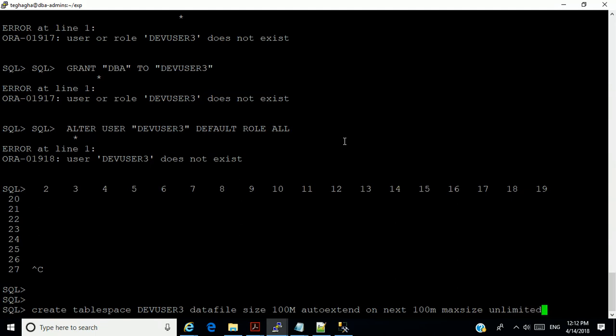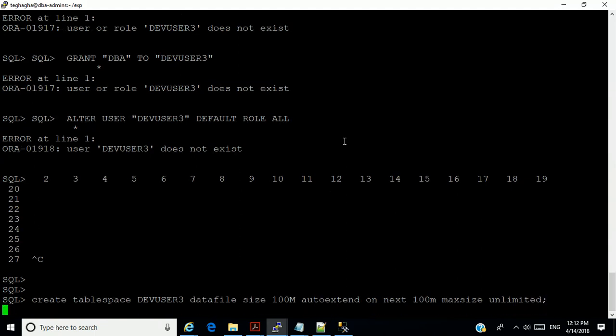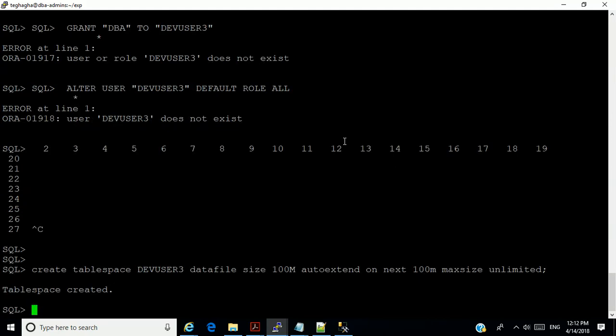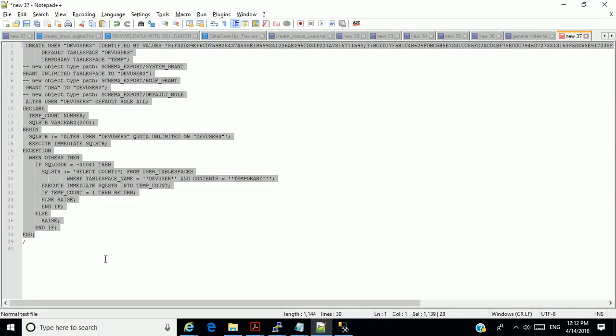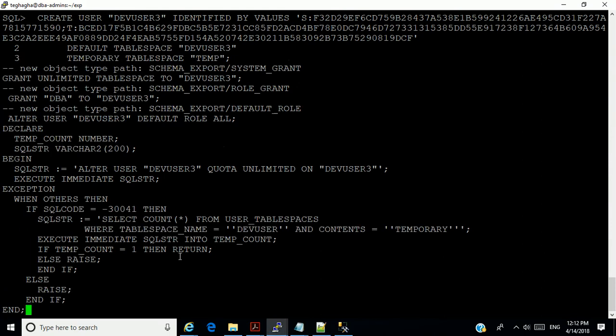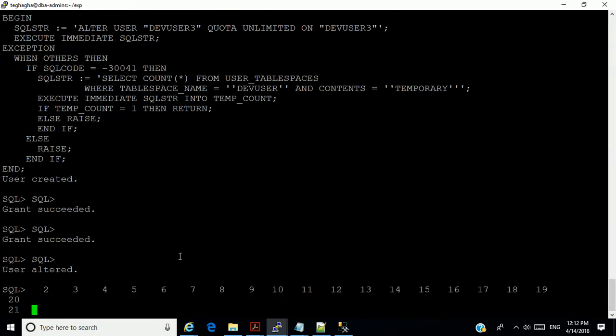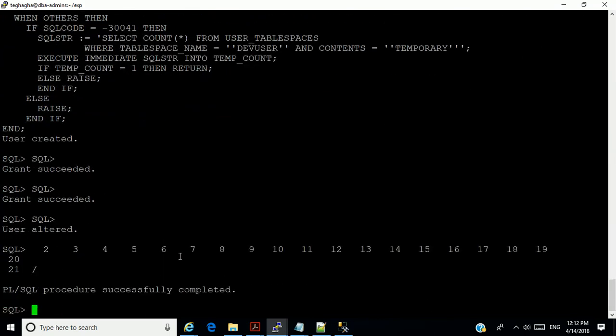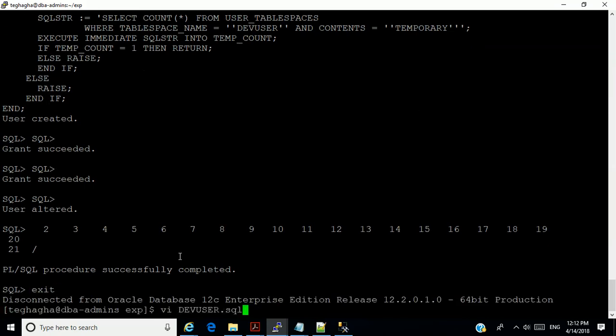Okay, all right. So we have the table space now created, so it shouldn't give me error anymore. All right. Okay. So I can simply import now.